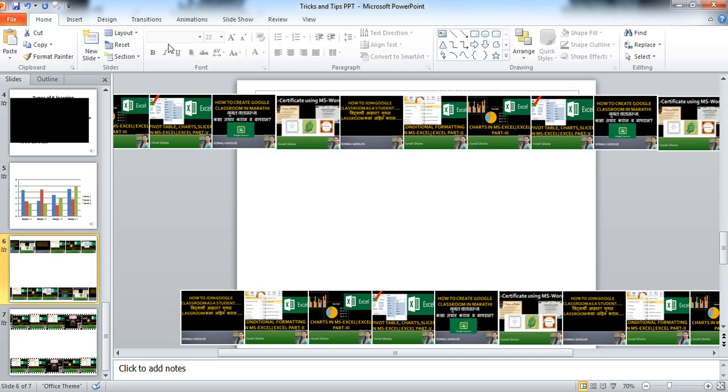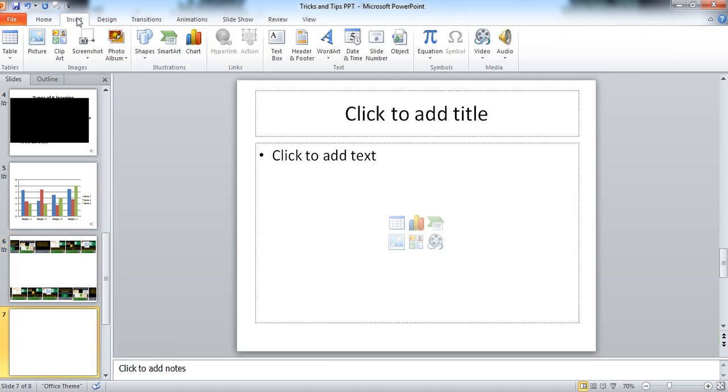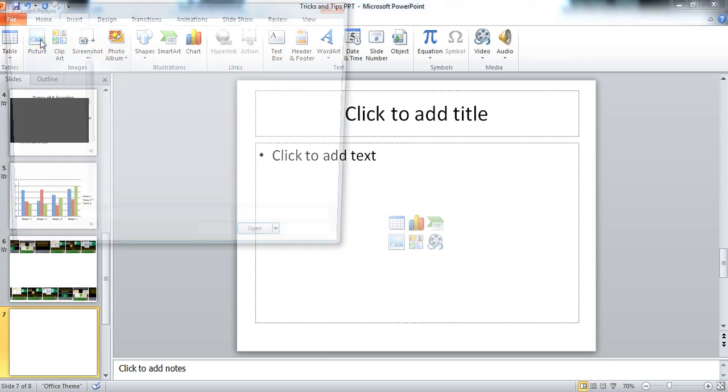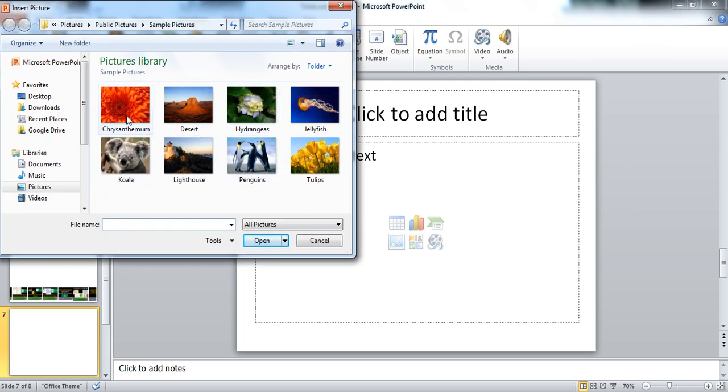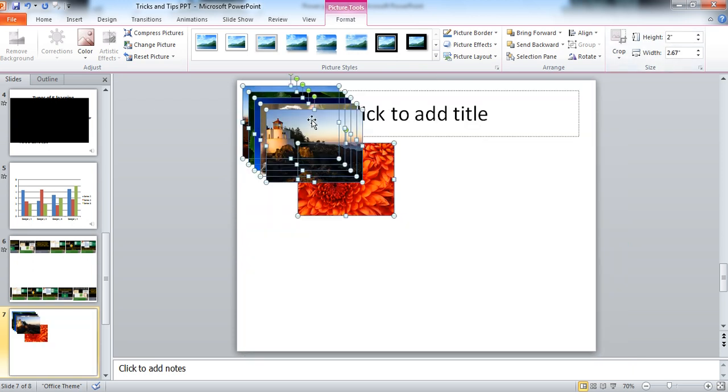Let's take one new slide here. Okay, for this, select the picture. Go to Insert Picture and you can select different pictures. You can select any picture from your picture gallery. As per your requirement, you can take any pictures. Insert. Okay, these pictures are of different sizes. Here they are all one above the other in cascading style. So I am giving the height for each and every picture. Clicking on this. Okay, this height is 2 for all the pictures.